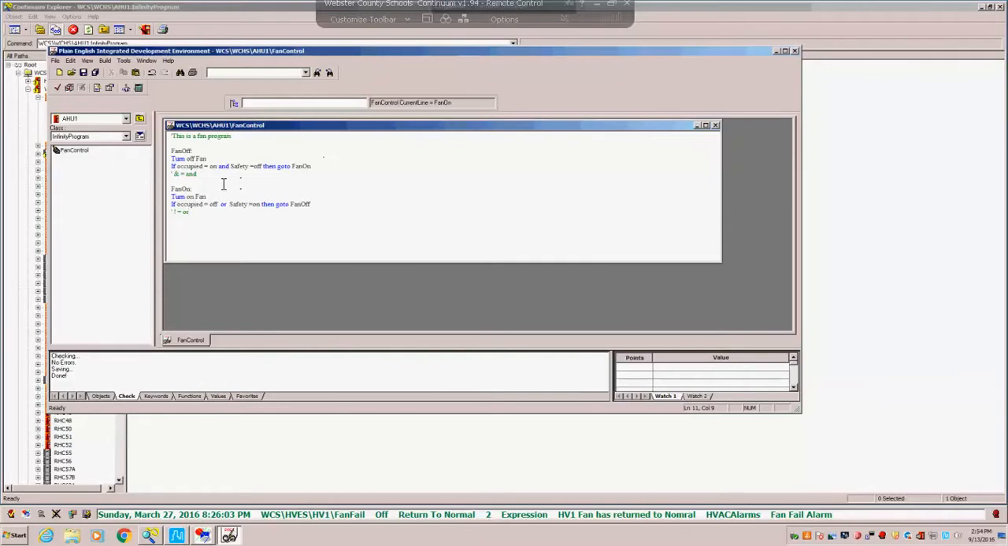For clarity purposes, we will use the AND and OR. It's just kind of habit for older programmers such as me and a lot of others, that they just know what this exclamation point means. But if you see that, that's what that truly means. So now, if occupied is on and safety is off, the fan will go to this line, fan on. It will immediately turn the fan on,